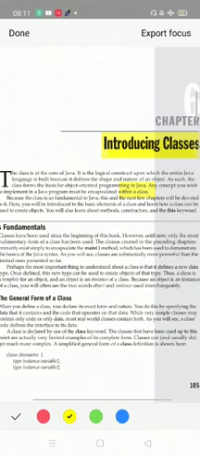Let's introduce classes in Java. Just recall the classes and object concepts in C++, what you have studied in module 1. See, class is an abstract data type and object is nothing but an instance, or a variable, of the class. Here, the same concept is applicable but with respect to Java.